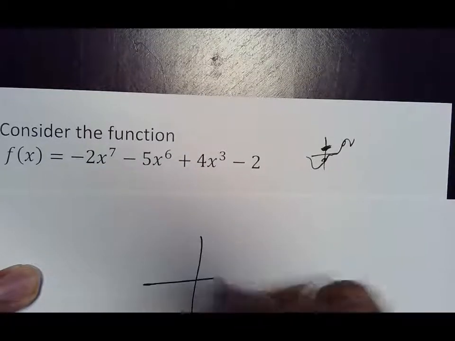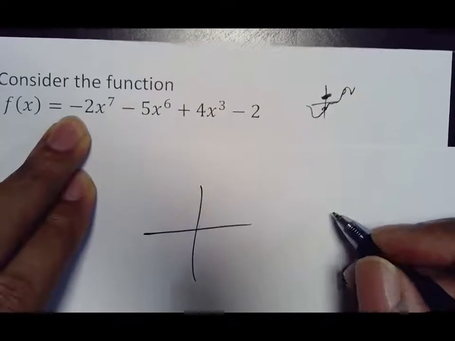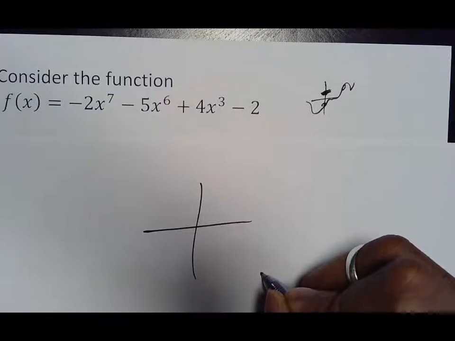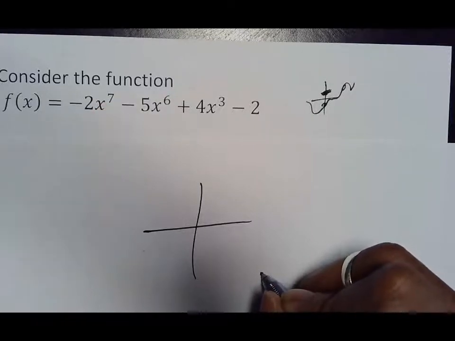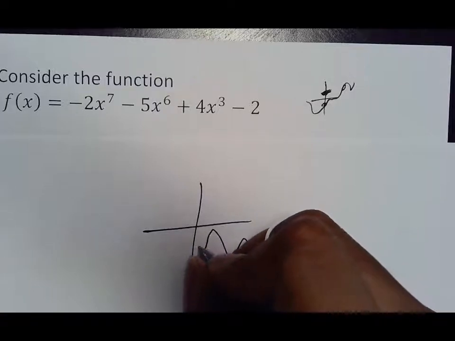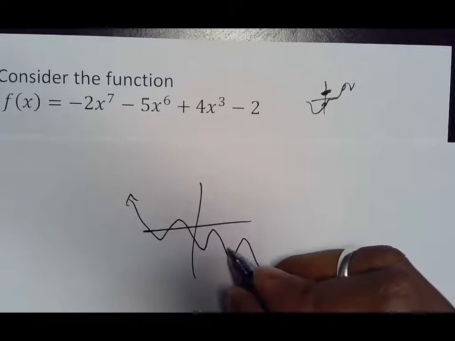So what I have here is a negative leading coefficient, which means it's going to end going down, which means my graph is going to start somewhere around here. And then I'm going to make 7 direction changes. Doesn't matter where it goes. 1, 2, 3, 4, 5, 6, 7. I just need to make sure I have 1, 2, 3, 4, 5, 6, 7 sections, and then I can